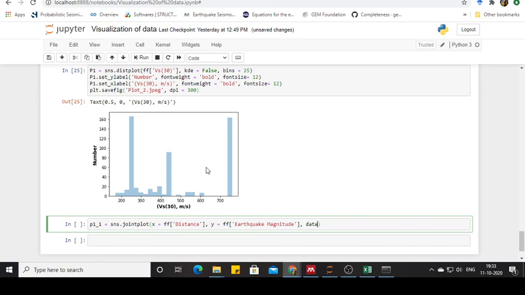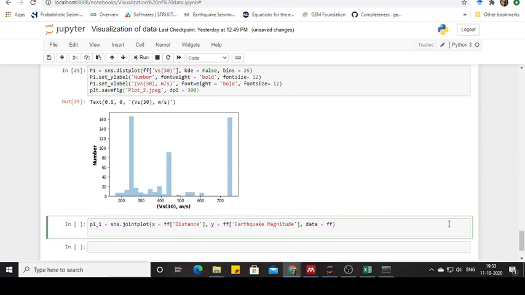Now next, data. From where should this actually take the data? That is from the file ff, which we have loaded from an external source. So now after having done that, we can do a little bit of aesthetics by using the command set_axis_labels. The reason why we saved the plot as p1_1 is that every time we don't have to call the entire thing, and we can directly just call it by its variable name and do all sets of operations. So set axis labels,